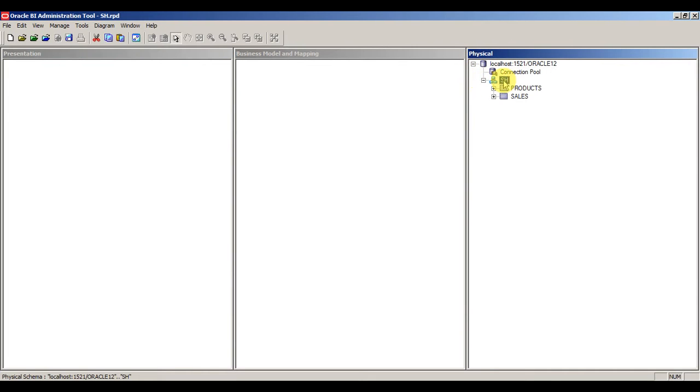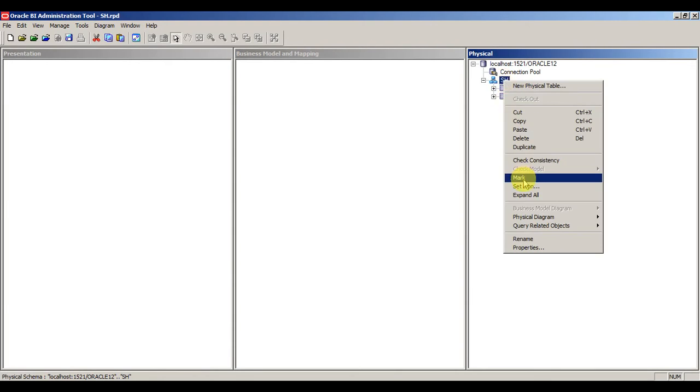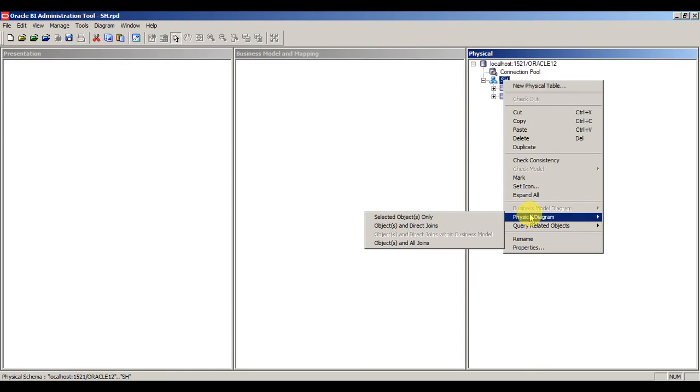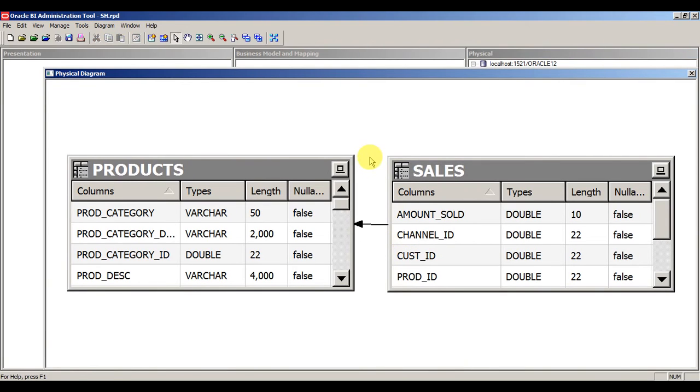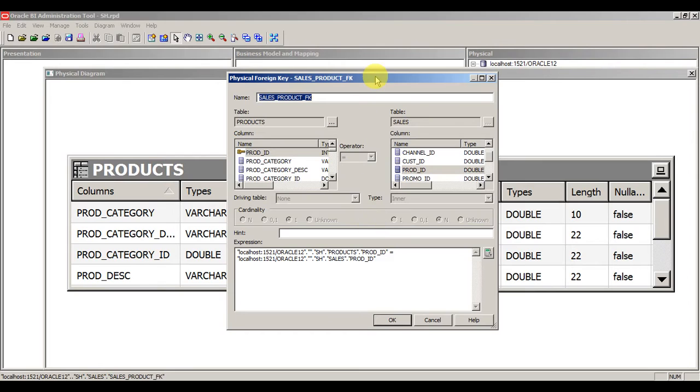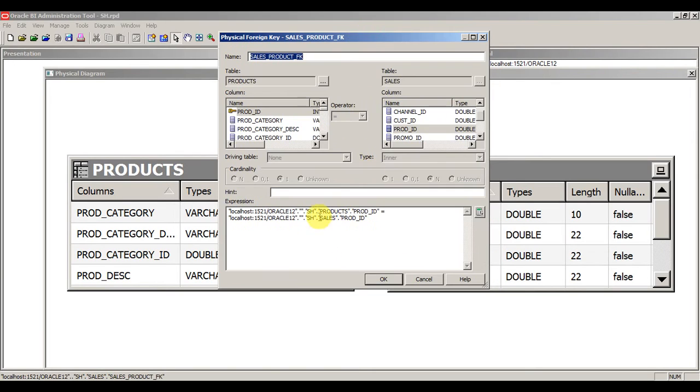Now in order to verify whether we have imported the tables in the correct manner or not, just click on SH here, right click on that, go to physical diagram and select all objects and all joins. These are the two tables that we have imported, and if you see here, there is a relationship that already exists. Just open that join and see from the left table, which is product dimension, whether a key symbol is present or not.